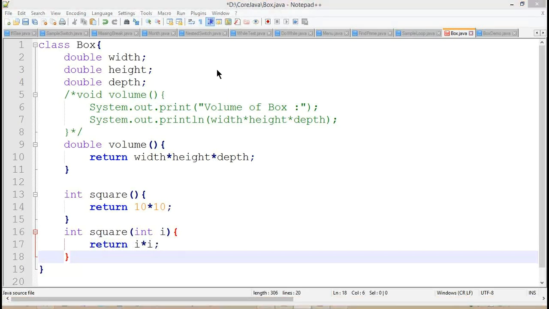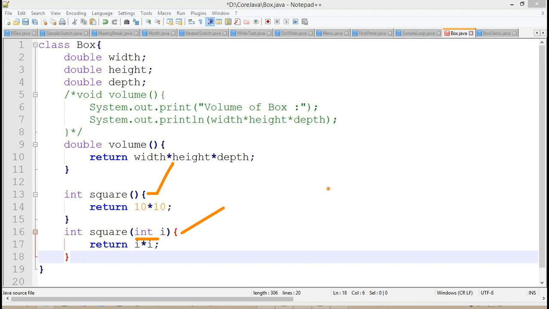Sometimes, internally, however many times we call this square it will return the same value. But for this square method, based on the input, whenever we call it we need to provide some values.